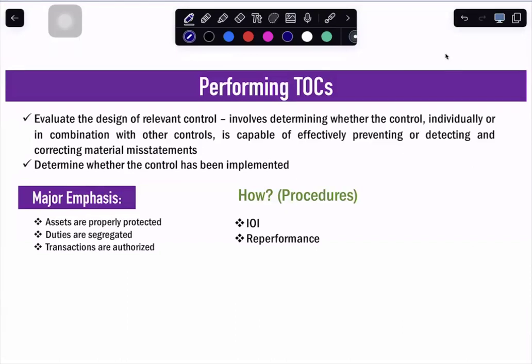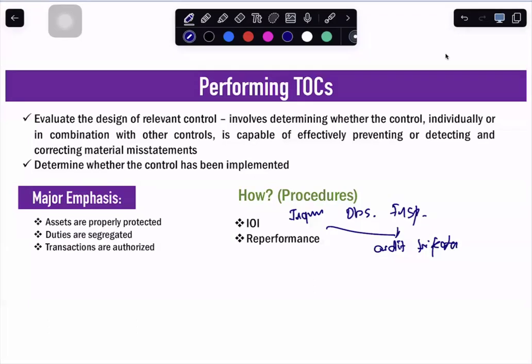Now, we perform TOCs. To perform the TOC, again, we need to understand the whole process and look into the possible controls in place, and then we test the control. And what are the procedures? We have your inquiry, observation, and then inspection, as we said earlier. These three are known as your audit trifecta. Why is it known as audit trifecta? Because in all stages of the audit, we do it. So let's say risk assessment process, we do it. Test of controls, we do it. Substantive tests, we do it.